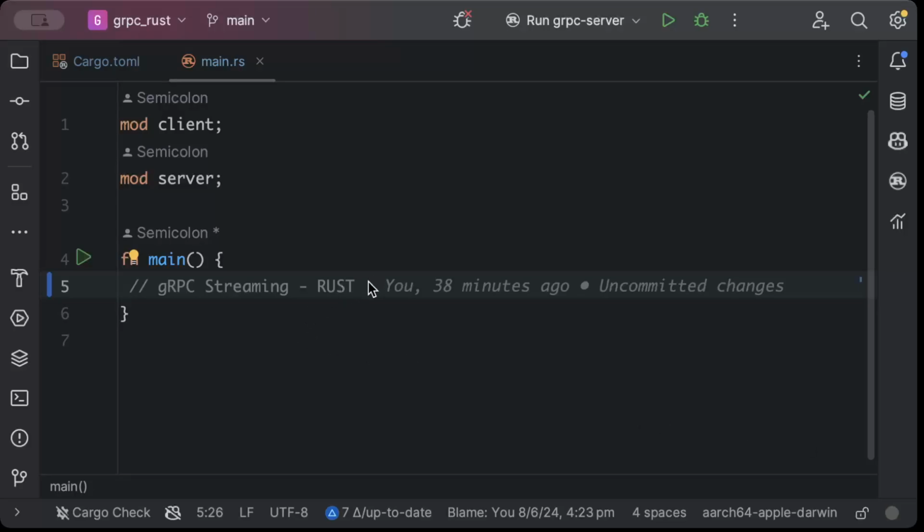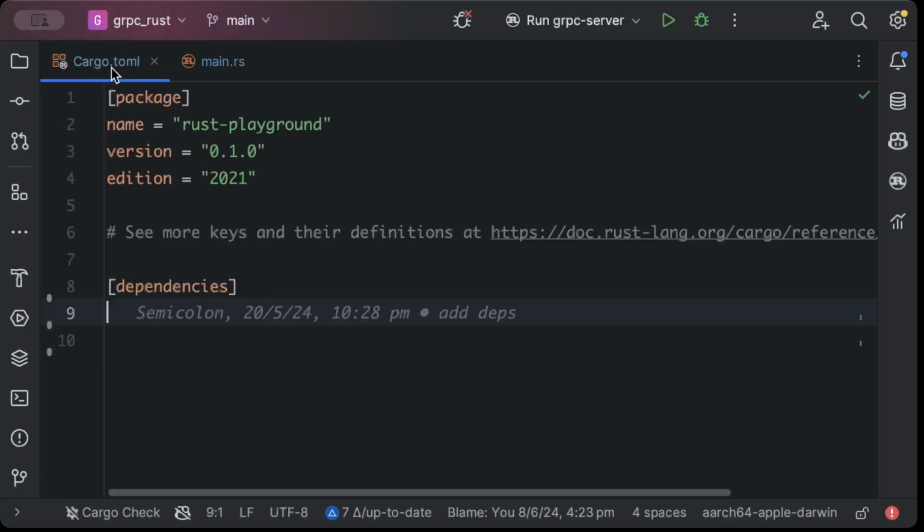Hello guys, in this video we'll learn and implement gRPC streaming using Rust. So basically we'll stream our response from our gRPC server to our gRPC client. So let's get started. First of all, we'll move to our Cargo.toml file, and here we need to add